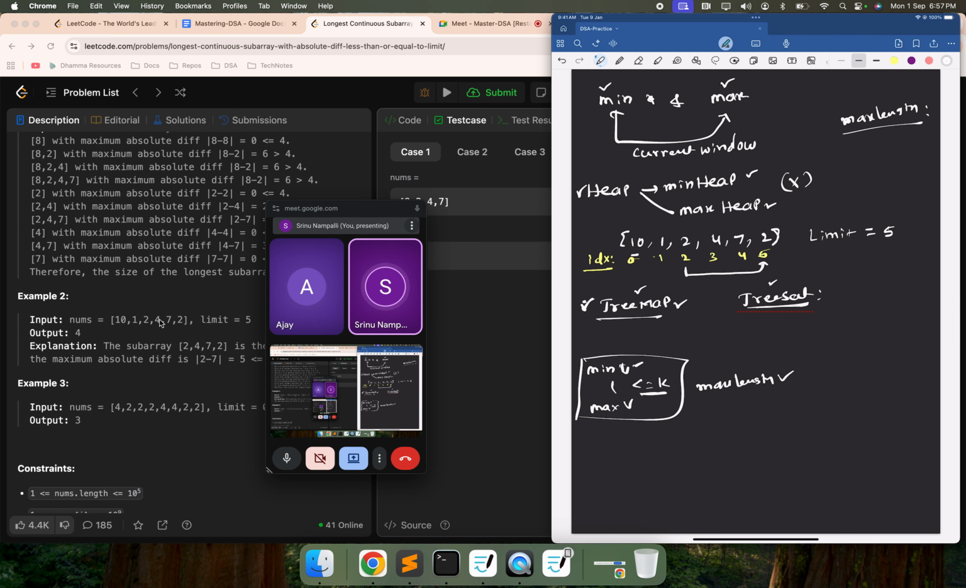this is our answer, right? In this case, max value is 7, min value is 2, the difference is 5, so the length is what? 4. But how do you know the length is 4? How do we know the length is 4? The size of that map? Because we have duplicate keys, no? Then the size becomes